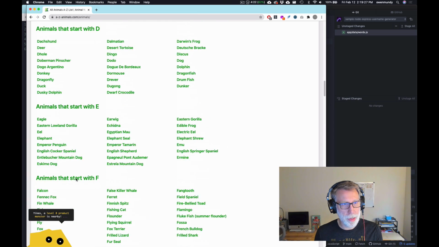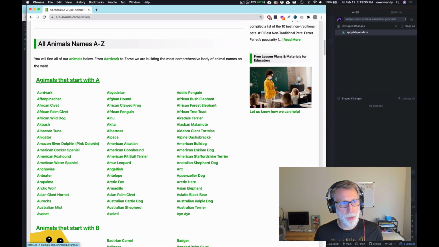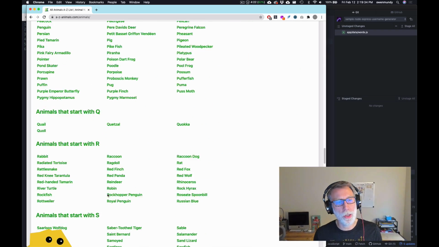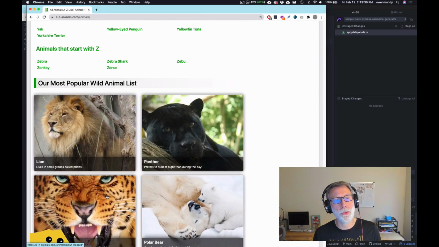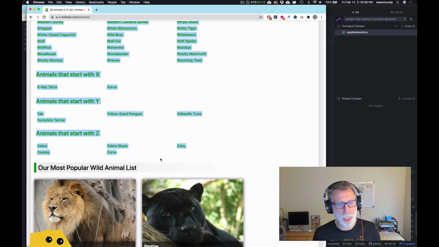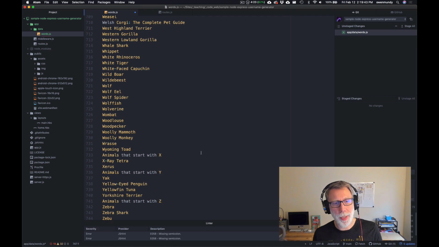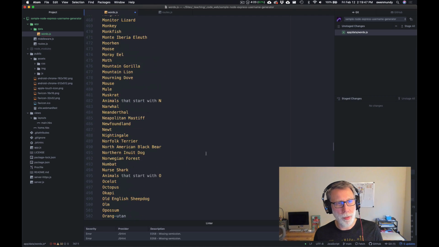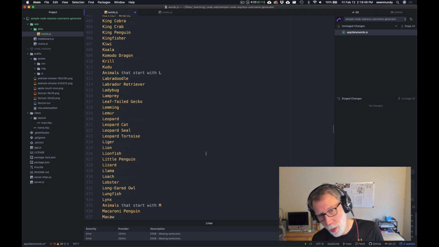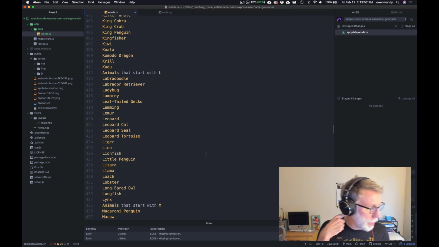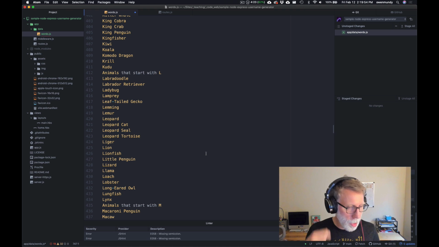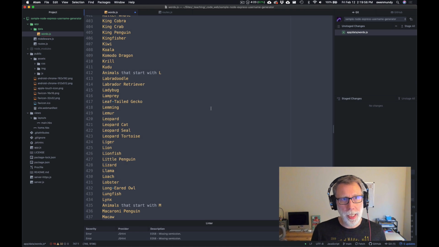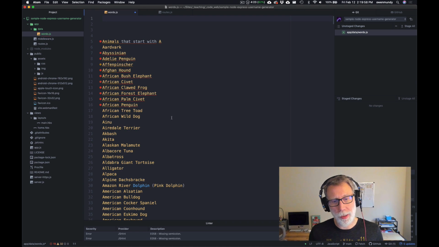So let's, tell you what, let's just get all of them. So I'll just start selecting, and I'll scroll down to here and hold down Shift and click again, and it will select them all. And so now I can paste. So this is going to take some work because we need these to be wrapped in quotes because they're all strings, and we need them to be comma separated. And so there's some great search and replace